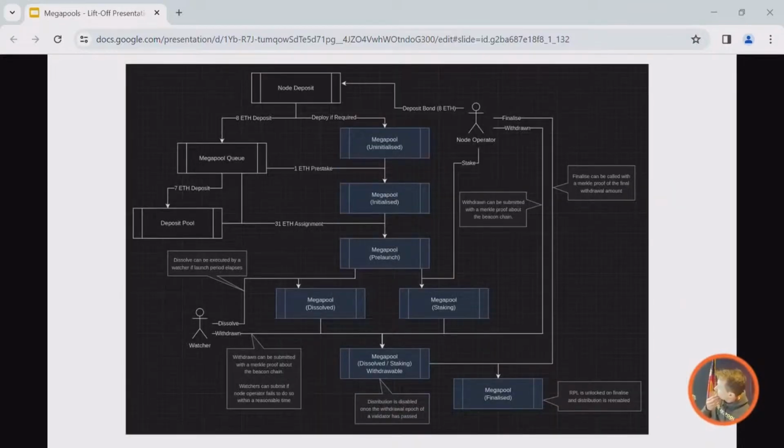I don't know how well you can see that, but it's just a diagram out of the research doc. It just shows the process. There's a couple of sort of internal steps there. One of the things I want to point out is it kind of introduced this new watcher role for node